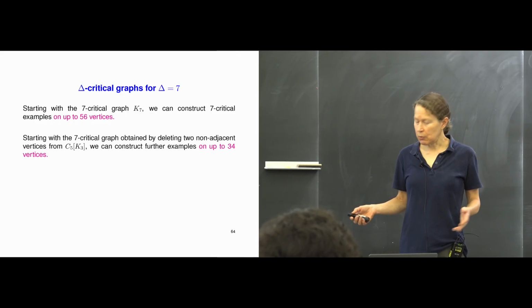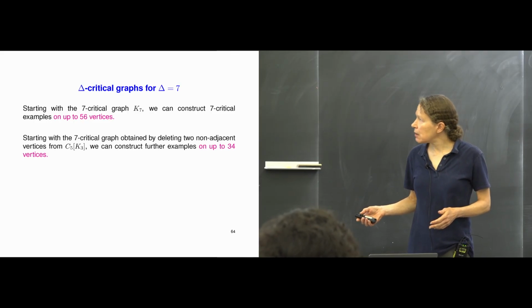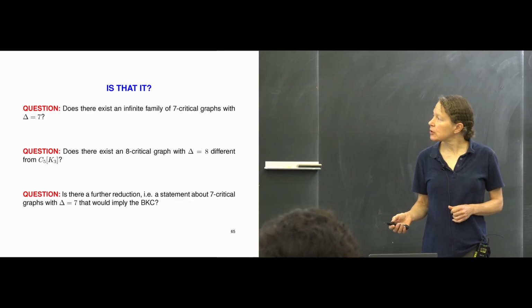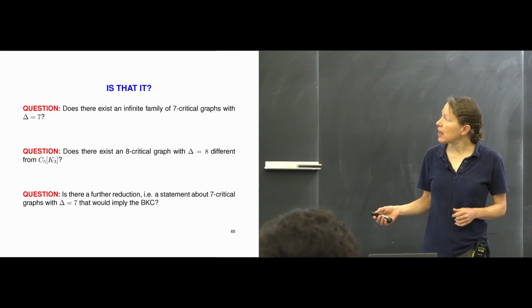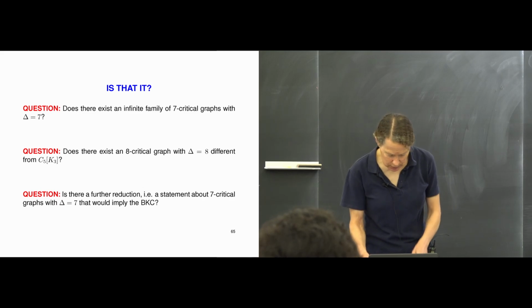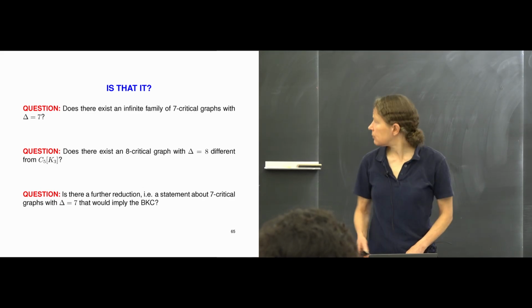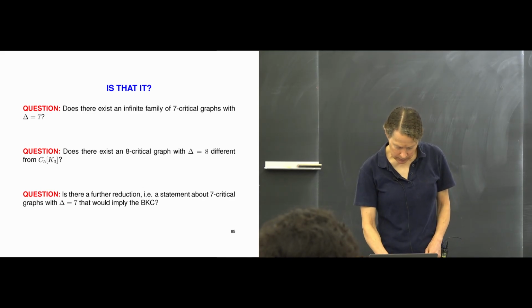So, to close, here are maybe some more manageable, approachable questions, and this is the one I was just talking about. Is there an infinite family of 7-critical graphs with